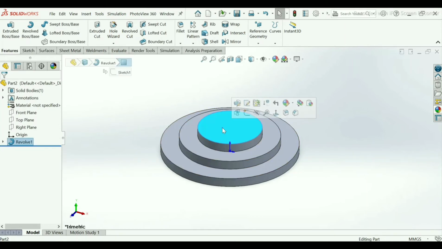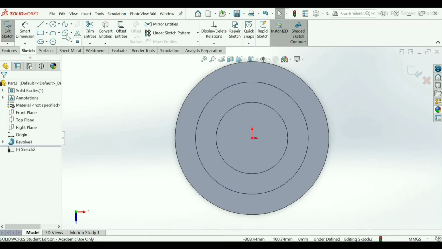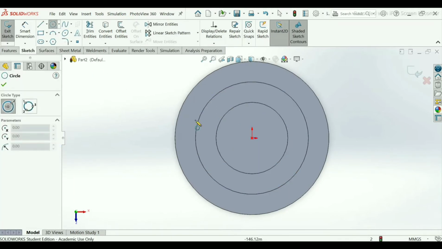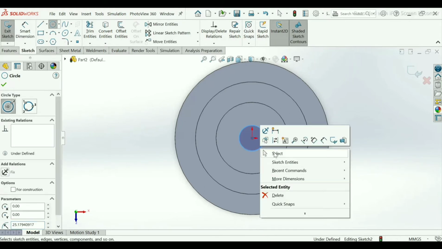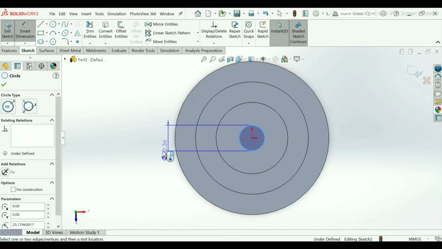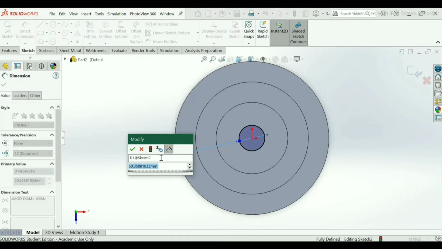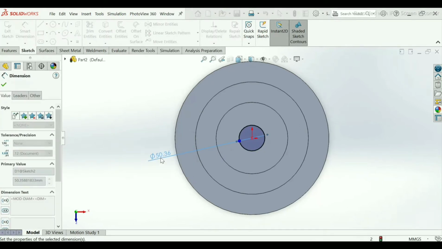Now select this top surface, sketch. Make one circle. Select smart dimension, make it 25 mm.